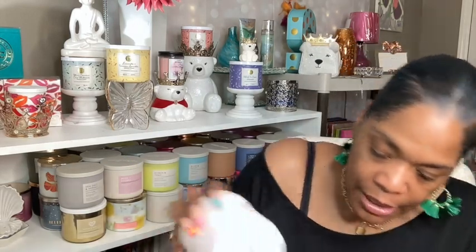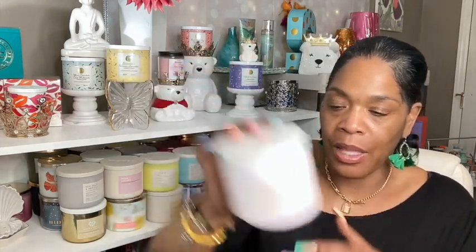All right, the next candle is Pink Lavender Espresso. This candle is everything to me, you guys. I still have like a case of them left, and when I really like something, I go all in and I really try to hold on to it for the nostalgia part of it and for the love of it,